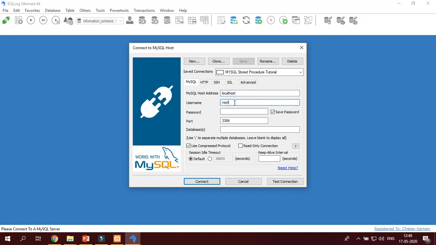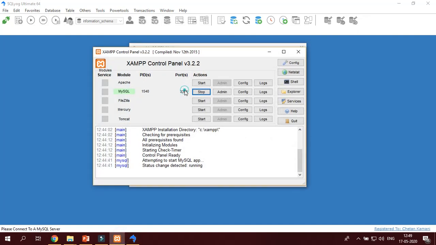By default, the username of the MySQL database of the XAMPP server is root. It does not require a password. Then port number 3306. This must match the port 3306 in the XAMPP control panel.